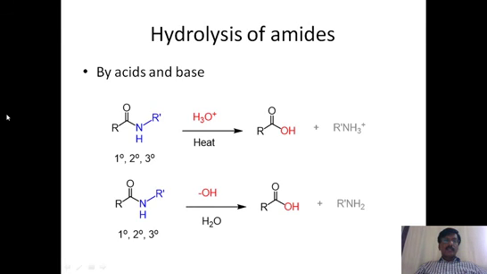After that, we discussed the dehydration of amides, how dehydration takes place using different reagents, and how we get nitriles or cyanides as the end products. These are the derivatives of carboxylic acids. We have also discussed different reactions, the Hunsdiecker reaction, the Schmidt reaction, and other very important name reactions of carboxylic acids.